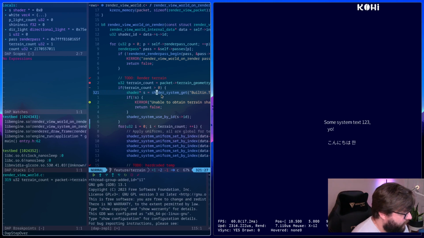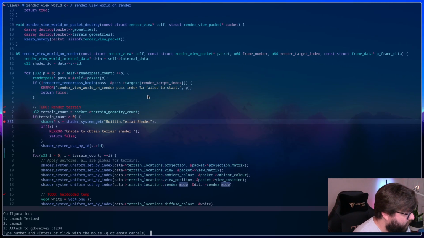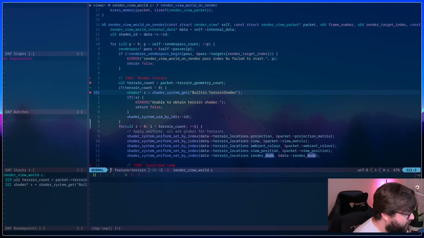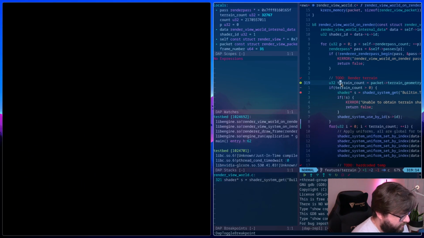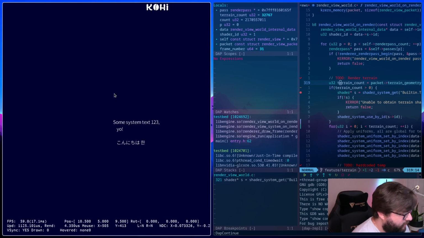Okay, so I guess let me put a breakpoint here and kill the app, relaunch it. I'm going to get rid of this breakpoint and continue and then load.